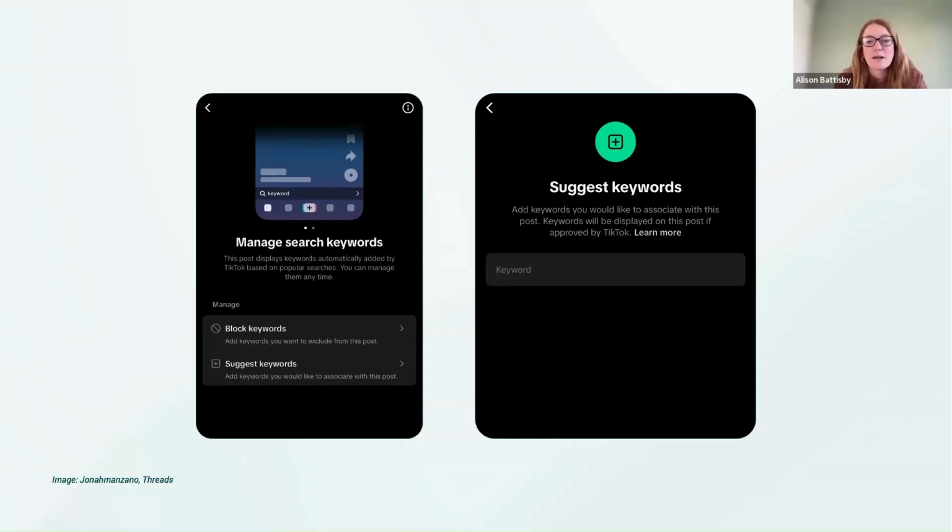So, creators are going to be able to add keywords that they would like to associate with a post, a little bit like hashtags, but behind the scenes. And you can also block any keywords that you want to be excluded. They do have to be approved by TikTok first, but it gives you a bit more control on the search